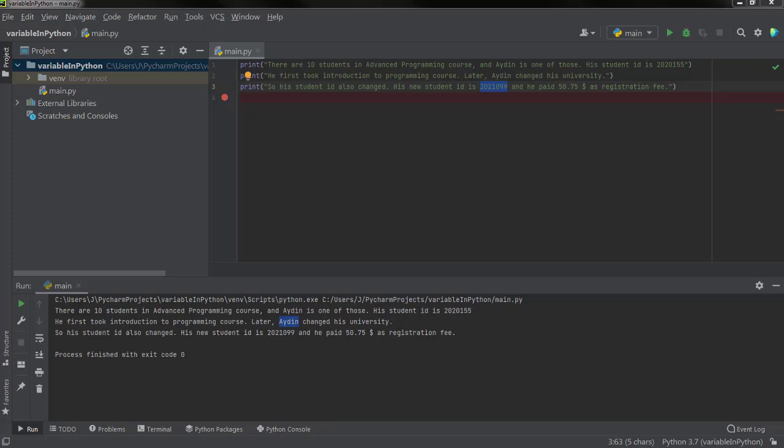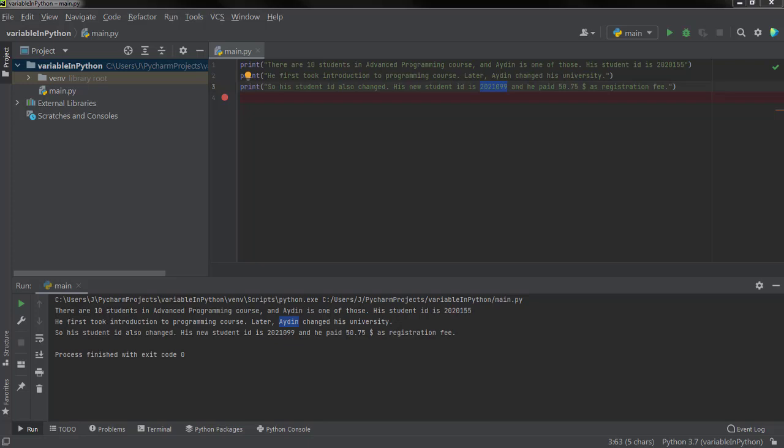So this is only with the three lines, but imagine if I have a story that is thousands of lines long and we mention the student name and student ID hundreds of times. Then we don't have to look through each of those lines and manually change the student name.